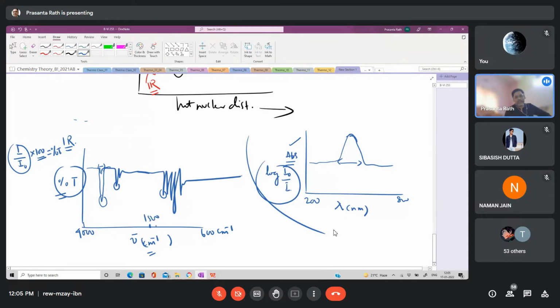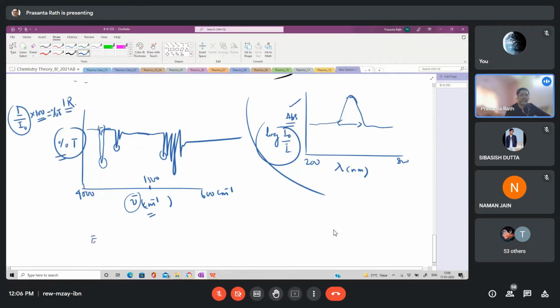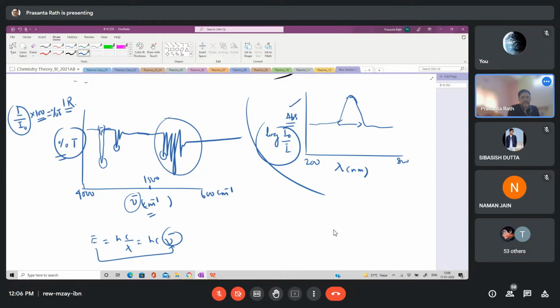1500 के बाद मीन्स लोअर एनर्जी, बिकॉज दिस इज वेव नंबर, और एनर्जी आप देख सकते हो E इज इक्वल टू hc बाय लैम्डा और hc न्यू बार। तो एनर्जी और वेव नंबर डायरेक्टली रिलेटेड हैं। तो जो लो एनर्जी में आप देखोगे बहुत सारे पीक्स आपको एक साथ मिलेंगे, जम्बल्ड पीक्स, ओके। ये इसका एक वेरी पिकुलियर कॉन्सेप्ट है, मैं बोलूंगा आपको आज, जब मैं टॉपिक में एंटर करूंगा।